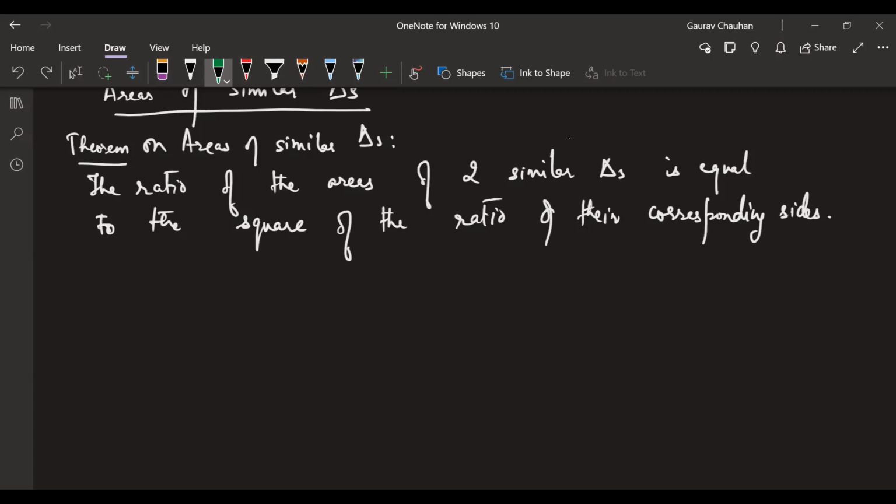Okay, sir. Just in words also you can tell. We can go to the mathematical part later. So, if there are two similar triangles, sir, and the ratio of their area will be similar to the square of the ratio of their corresponding sides. Okay, what's given? What's to prove?